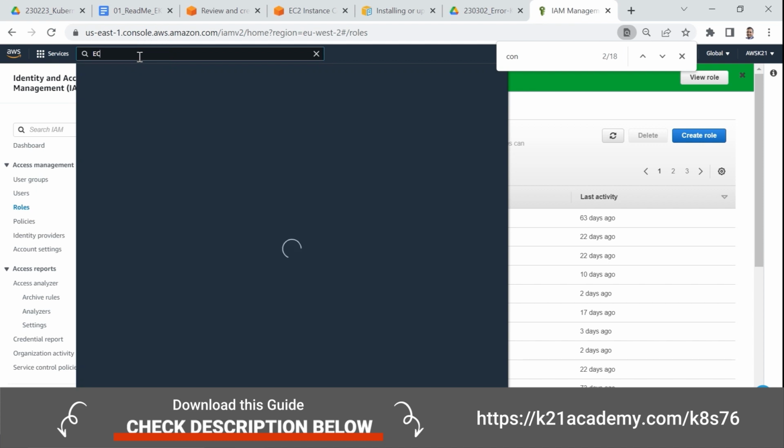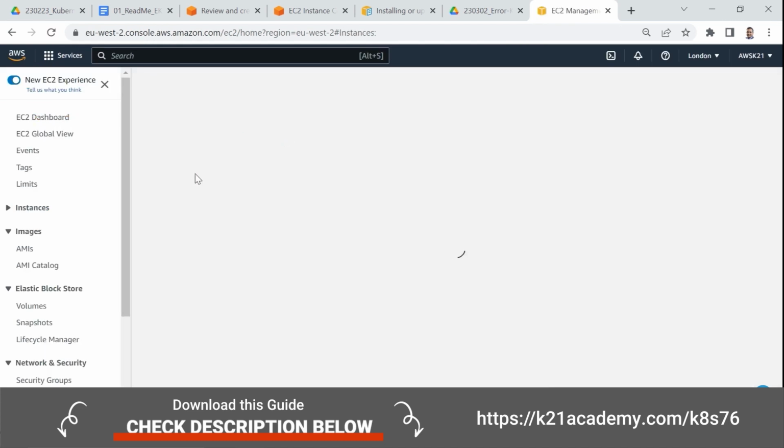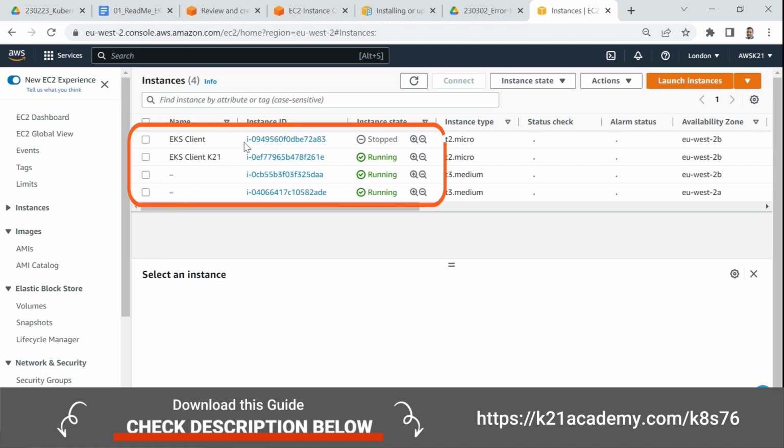So I'll go to EC2 and click on instances. These are the 2 client machines I added earlier. This one was initially there, and this is the one which I created in the previous part. Because I've created 2 machines, it's basically initializing or configuring these